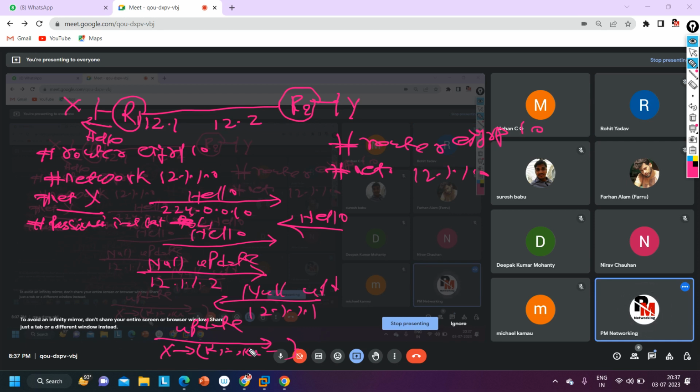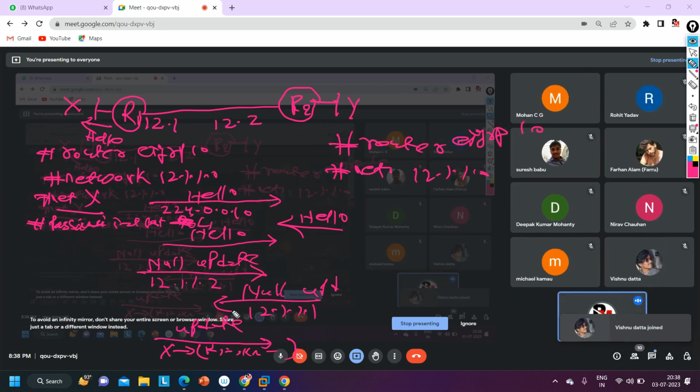Okay, so we have discussed these things till now, so I hope this is clear to everyone. After that, does the null update packet contain any kind of information or a random value, or is it just a header? Simple header. Okay. There will be information about the neighbor, meaning 12.1.1.2. It is forwarding traffic directly to 12.1.1.2. If it gets the reply from 12.1.1.2, that means router 1 will expect acknowledgement after all reliable messages, like acknowledgement messages.